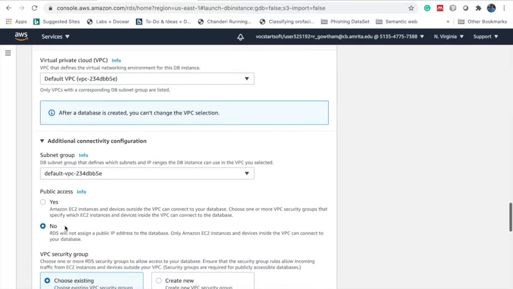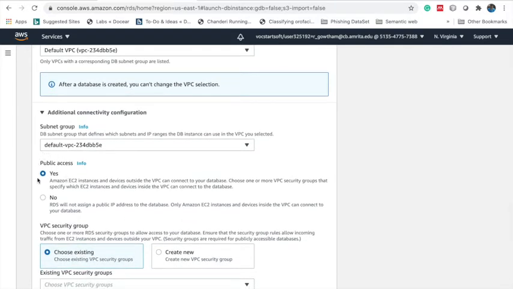I want to access this database from the internet, so I'm going to select public access as yes. If you forget to select this option and it is set to no, then you'll have to go to modify database and reset the option.